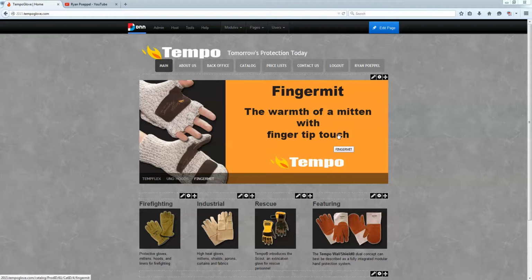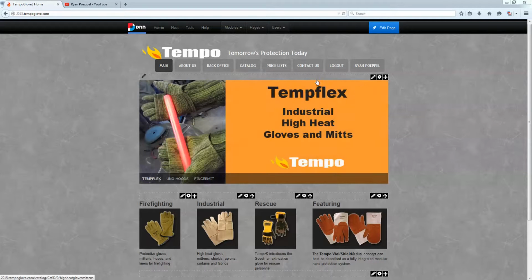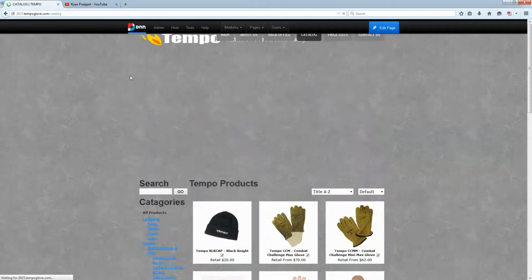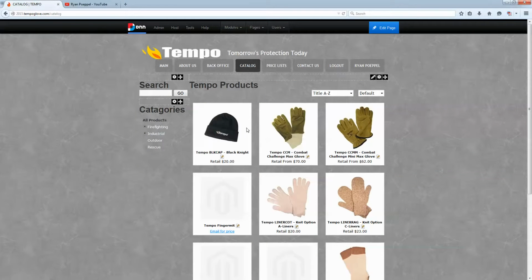Alright, in this video I'm going to show you how the catalog works and how you can upload and edit products. Once you're logged into the website and you're in edit mode, you'll notice that the products have these little pencil and paper icons on them. You can click on one to edit that specific product. You would click on that icon and this will bring you into the back office of the